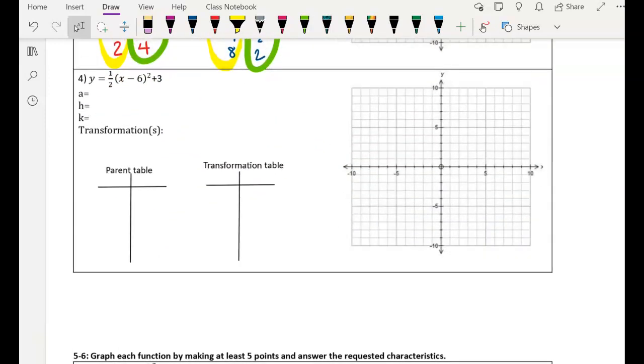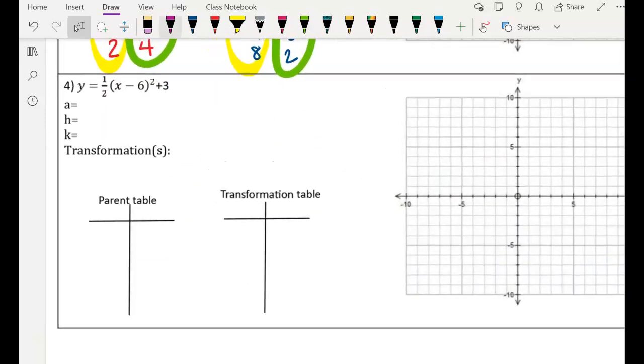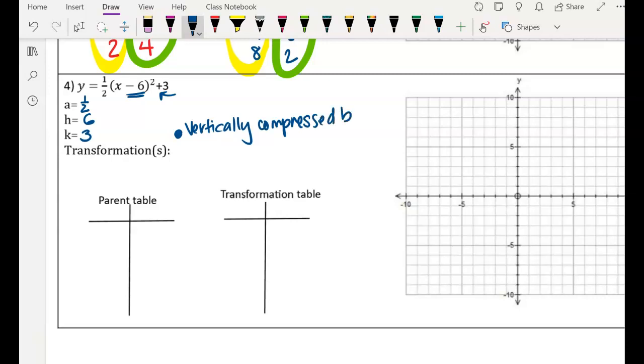Now let's put it all together. This one, we will have a, h, and k. So the a, again, is a half. Remember, if you see a -6, you're going to take a 6. And then the outside, if it's positive 3, we will keep it as 3. You will have 3 transformations. Vertically compressed by a factor of half,